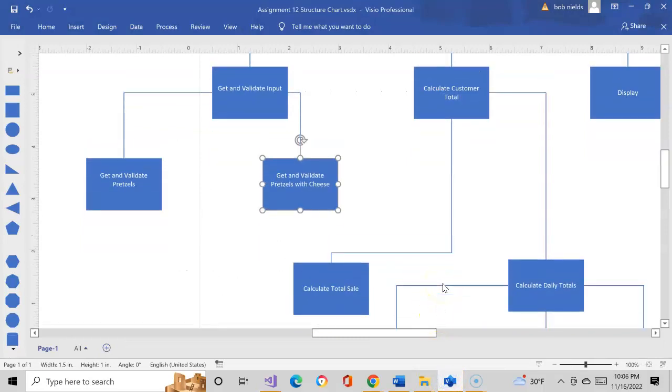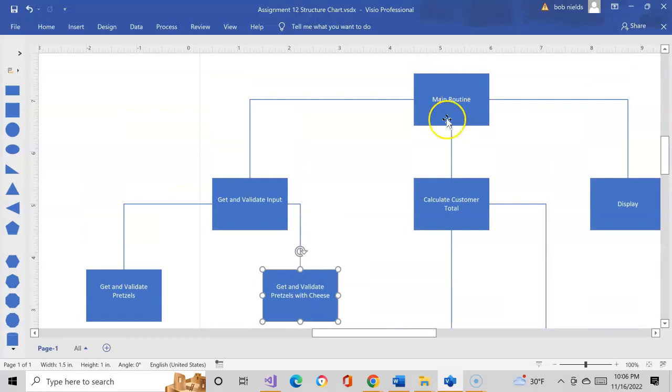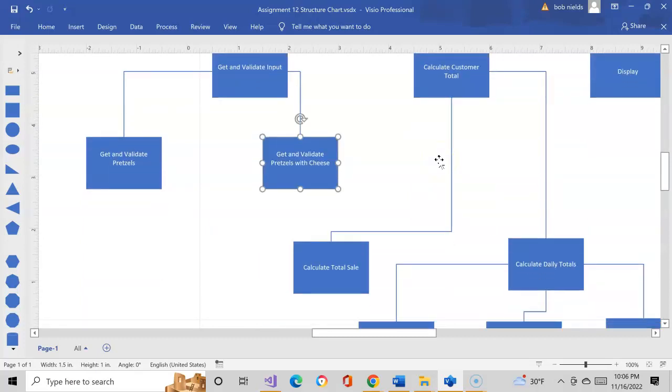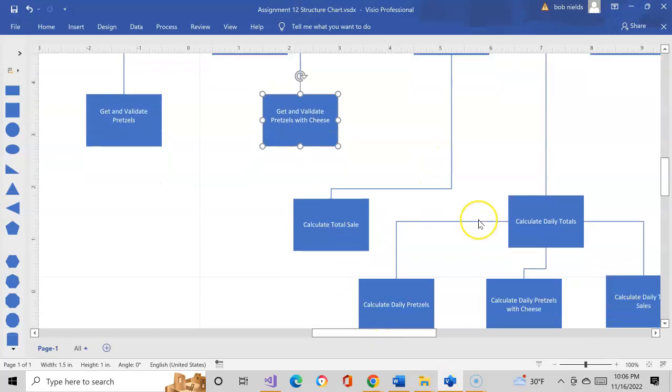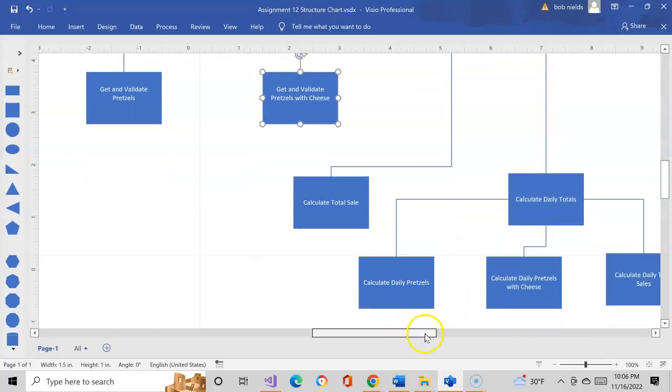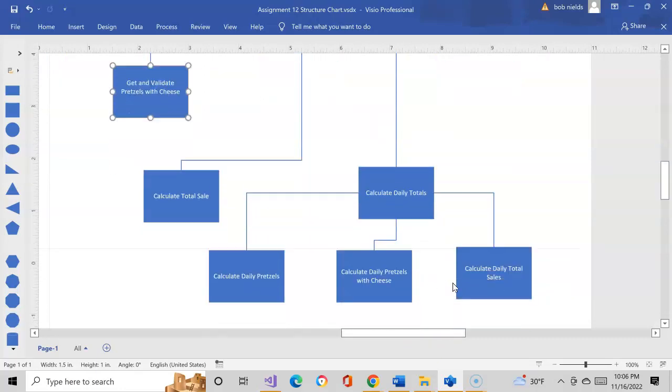You'll see. Right off the bat, I'm going to do calculate customer total. That's what's going to be called from my main routine, and it's going to call calculate total sale. That's one of my outputs. Then what I decided to do, and that's the key phrase here, what I decided to do, is